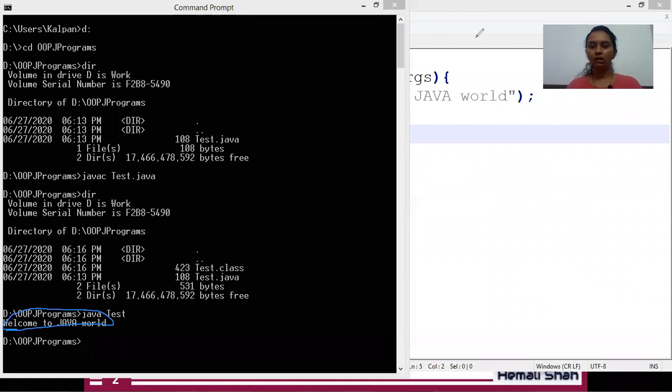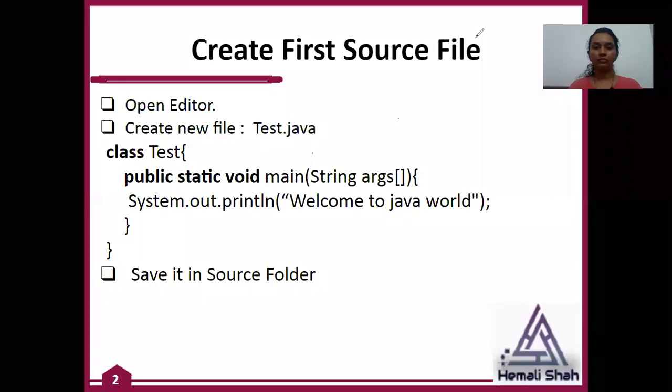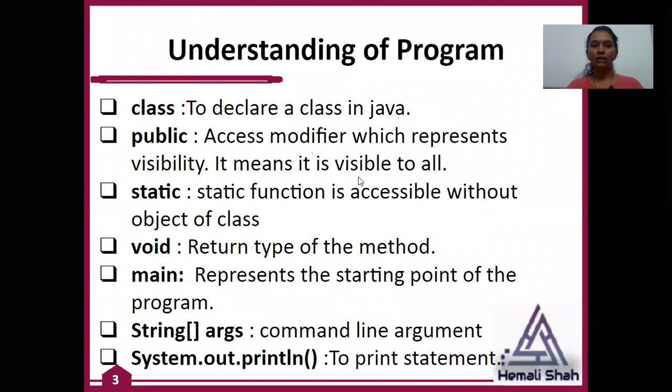Next is understanding of the program. If you want to create any function, you first need to create a class inside Java. This class is a keyword which is used to declare a class in Java.